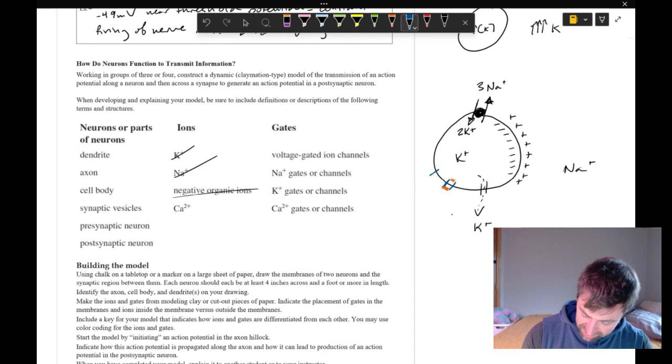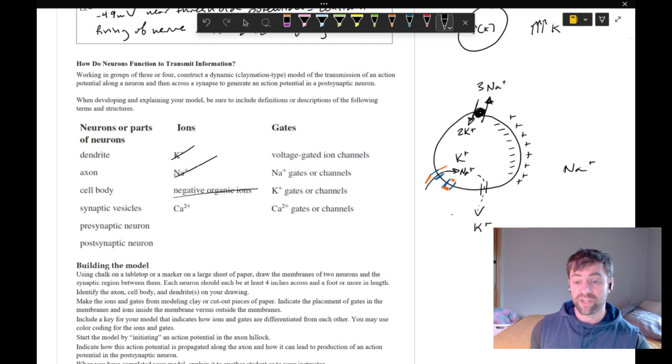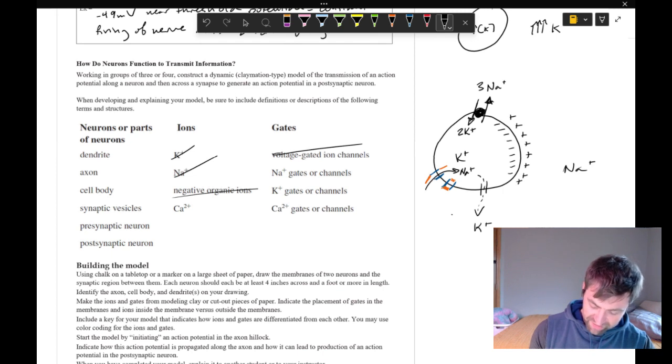When an action potential arrives at threshold, they will snap open, allowing sodium to rush into the cell. That further depolarizes the membrane, which pushes an action potential down. More about that in a second. There's our voltage-gated ion channels,